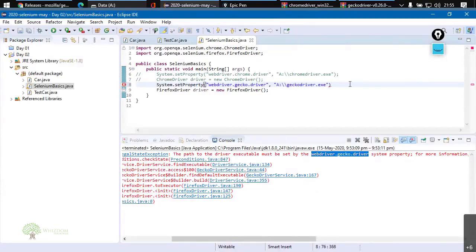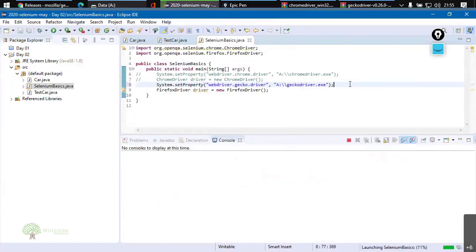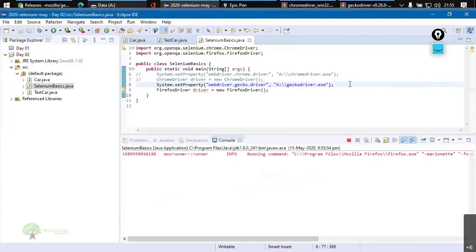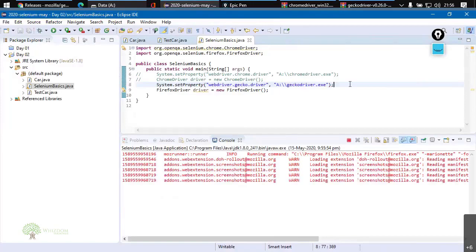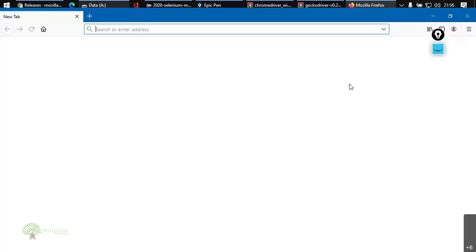Done. Make sure that you add a semicolon yourself if it is not automatically added. Control F11. Now we would notice something. The Firefox browser would open. It will take a little bit of time, but yes, it will open,